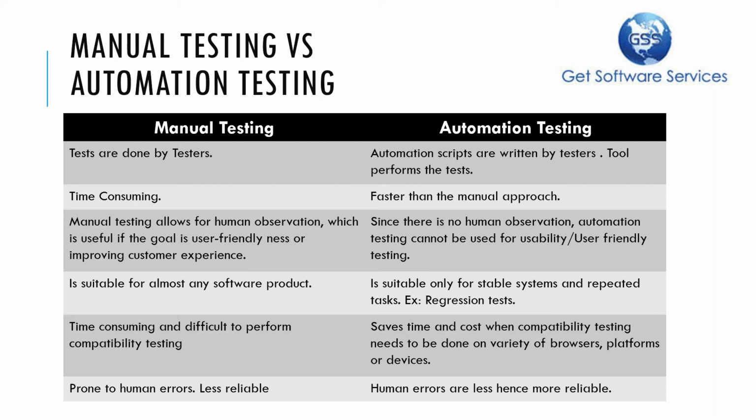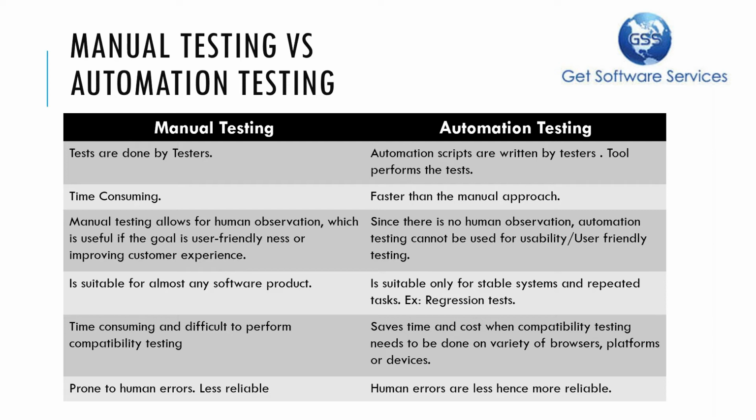Whereas in case of automation, the tests where human intervention is not required, verifying the functionalities of the application, can be automated. Manual testing is something which can be done for any software. Any software goes through manual testing. Whereas for automation, it needs to be checked whether the software is suitable for automation or not. Is it stable enough for automation?